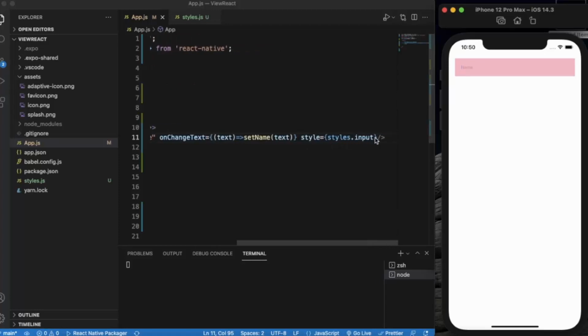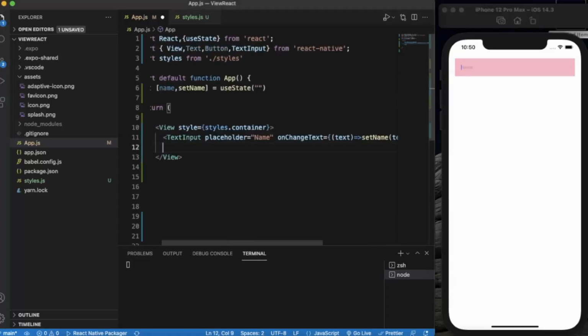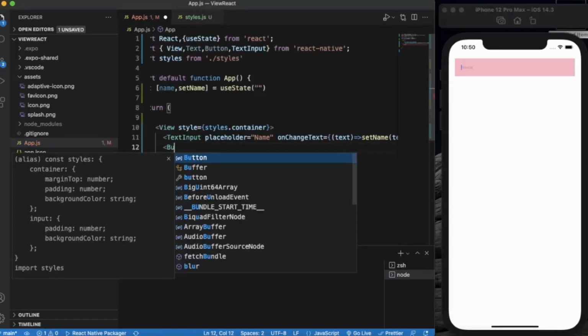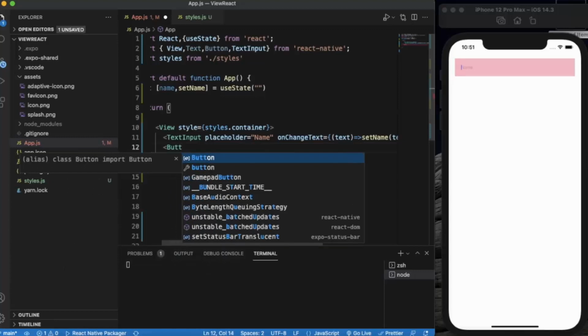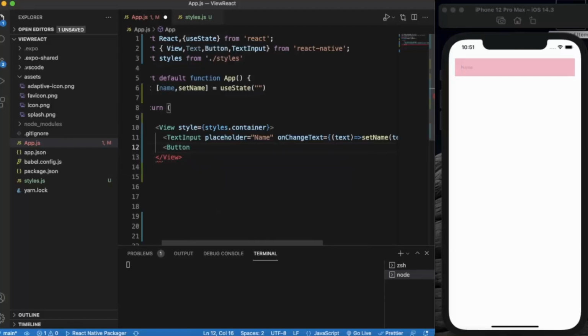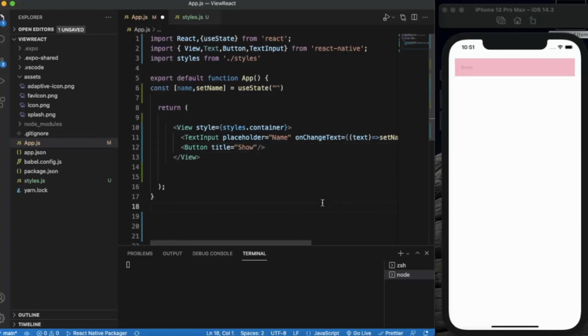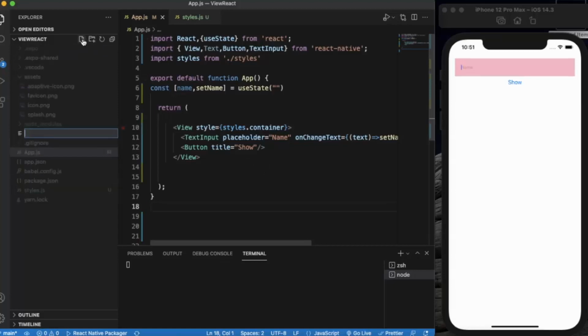Now let's create a button. Title is another predefined prop. The title will be shown. Okay, so for the display, let us create a component. Let's name it